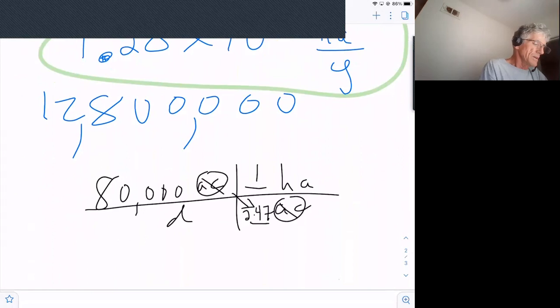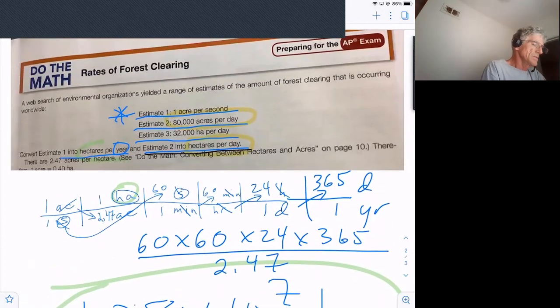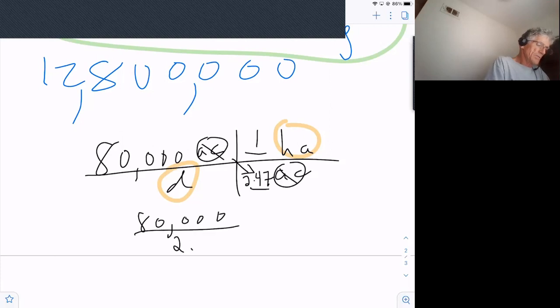So do I keep on going further? Do I have to change day to something? No, I'm trying to change it to hectares per day. Hey, I'm already there. So hectares per day. So my answer is 80,000 divided by 2.47